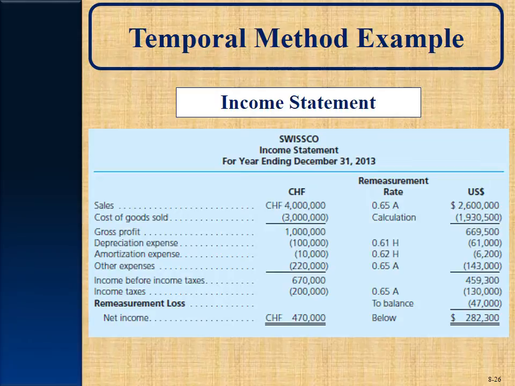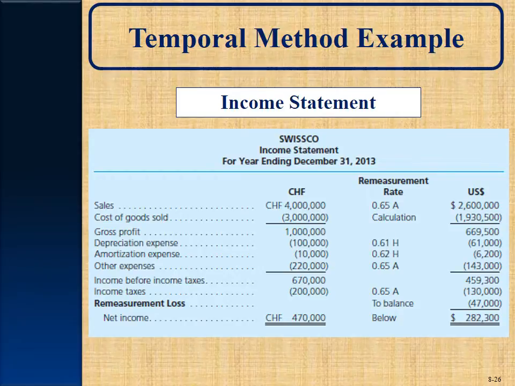We then convert the purchases for the year in francs by the average conversion rate for the year of 65 cents per franc. So our purchases amounted to $212,500 in US dollars. We then subtract ending inventory at an average for the fourth quarter, because the assumption here is that the inventory was purchased evenly throughout the fourth quarter. So we find an average exchange rate for just the fourth quarter. So 400,000 francs times 68 cents per franc, $272,000. Subtract your ending inventory from your purchases plus the beginning inventory, and you get a cost of goods sold